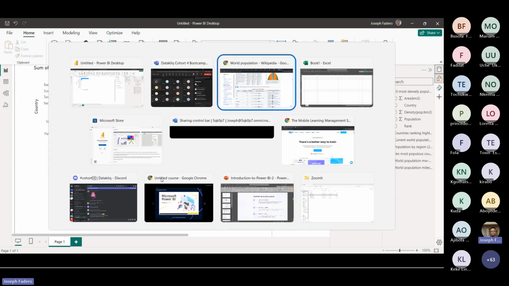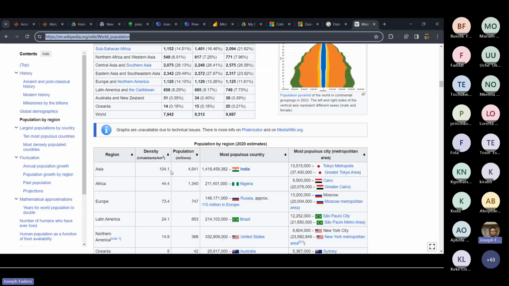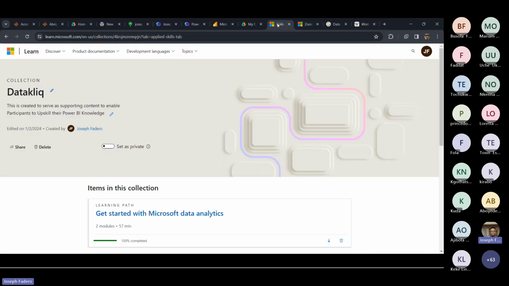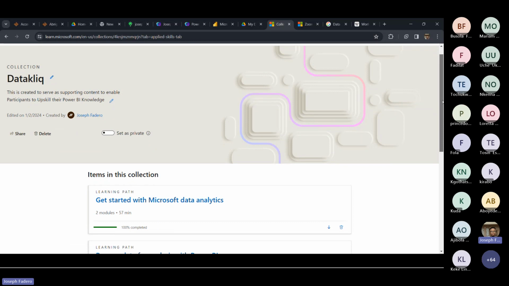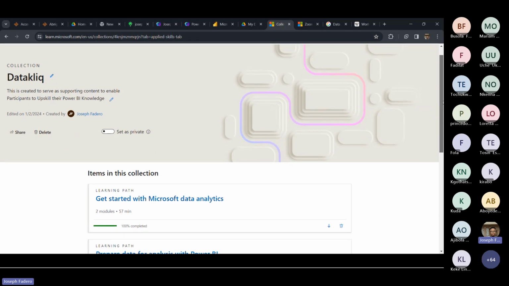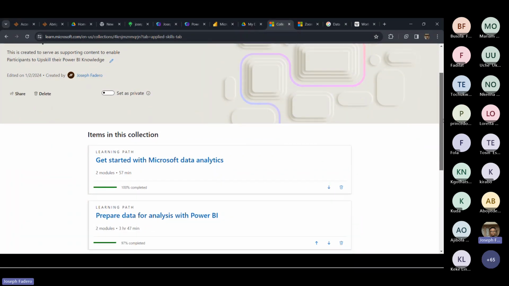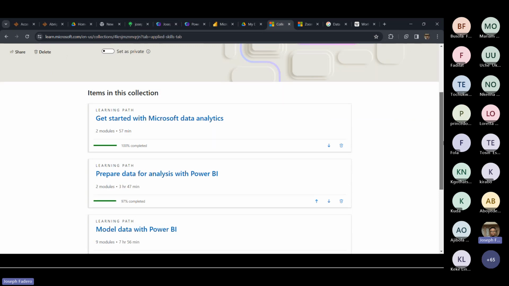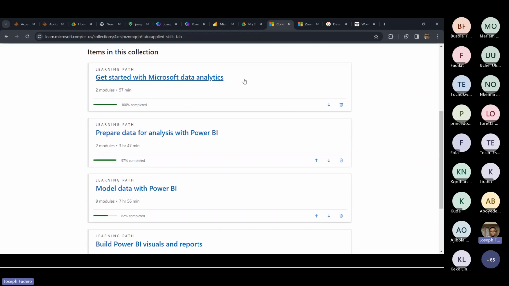One thing I'm going to share with you guys today, because we thought about you, is that we also prepared a way you can learn more about Power BI, and we've created a simple collection in Microsoft Learn, which we'll be sharing with you. This collection involves step-by-step guides on things that will help you during your sessions. The first thing, like we did today, was get started with Microsoft data analysis, getting started with Power BI. I will advise everybody to go through this session one, probably today once the link is shared.